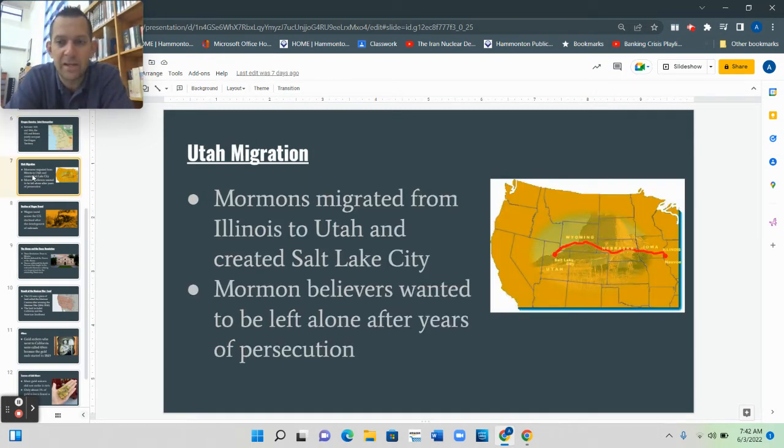Okay, you have to know a little bit about Utah and who migrated there. So in the 1840s, there was this group of Christians called the Mormons, and they had traveled around quite a bit, and everywhere they were moving, they were being discriminated against. They had some unique beliefs. They believed that men could have more than one wife, and as a result, the Mormons took wagons from Illinois across the Great Plains, and they immigrated to Utah, where they set up the city, Salt Lake City. So make sure you know that the Mormons migrated to Utah via wagon.